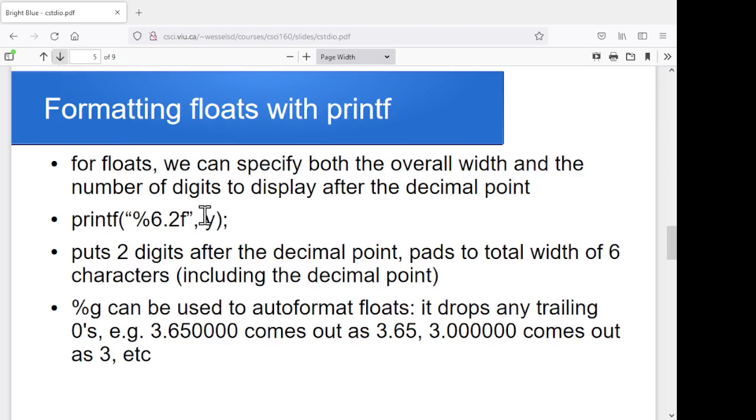We can do even more if we're trying to print out floating point values. So for floating point values, we can specify how wide it's supposed to be overall, including the decimal point, and we can also specify how many digits exactly we want to appear after the decimal point. So 6.2 means we're going to have two digits after the decimal point, and we want to pad to a minimum width of 6 overall. So if we give this a try,